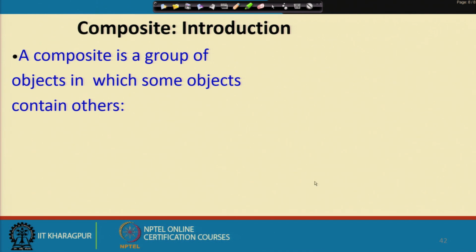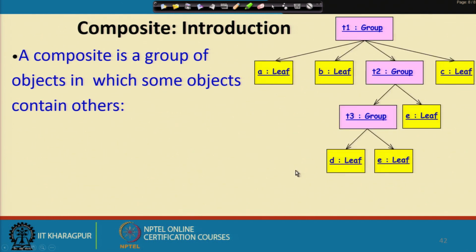Many times, while solving an application, we find that there are groups of objects which contain other primitive objects and groups of objects. It is a very common problem. Just to give an example, you might have a drawing package. In the drawing package, you may draw lines, circles, rectangles,